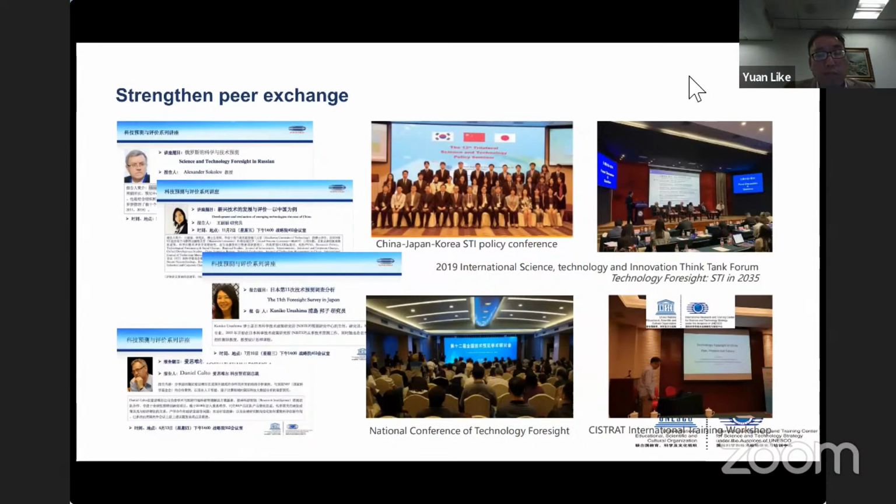To strengthen peer exchanges, we invite famous scholars from worldwide. For example, Professor Alexander from the Higher School of Economics in Russia, Professor Wang from the Netherlands, and Professor Kuniko Urasama from NISTEP in Japan, and some scholars from think tanks, for example Elsevier executors, think tank executives, who give us more